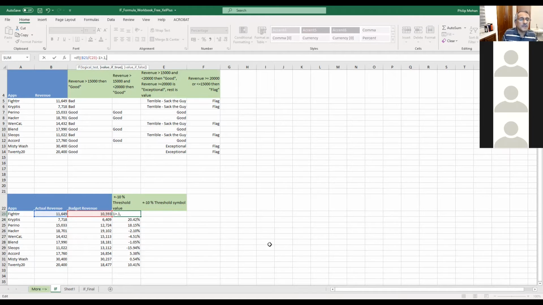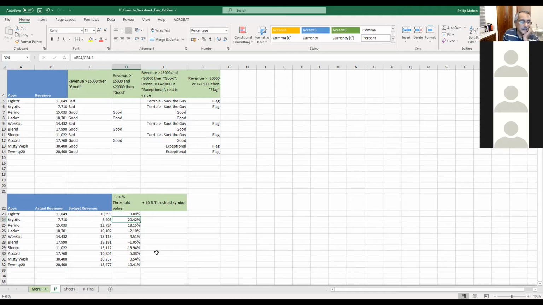Then I want to put this value, basically B23 divided by C23 close bracket minus 1. Let's say we just do the pluses for the time being and close the bracket. Okay. Oh, great. Oh, wonderful.